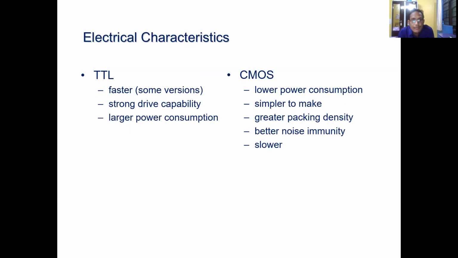So if you compare TTL and CMOS, in the case of TTL, the major advantage is that it is faster, but the major limitation is that the power dissipation is more. While in the case of CMOS, the major disadvantage is the slower speed of operation, but the advantage is the very low power consumption or power dissipation as compared to TTL. So one IC has a major advantage, one IC has a major limitation. The same thing can happen with TTL and CMOS.